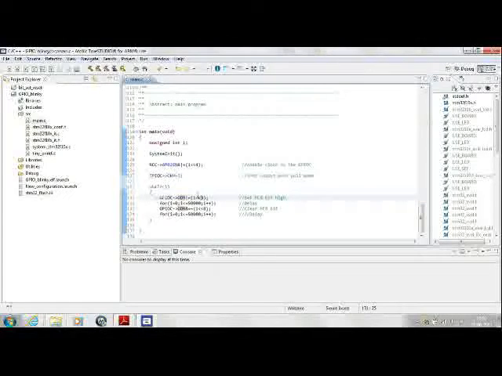The comment rightly says that this sets the 8th bit on port C to high. After this, we need a small delay to perceive that the LED is on, else the controller will reset it and again set it back at a speed which is very high, that is of course as close as 2 megahertz, and because of persistence of vision we'll never be able to realize if the LED is on or not.